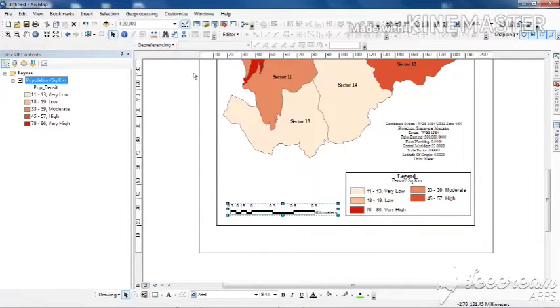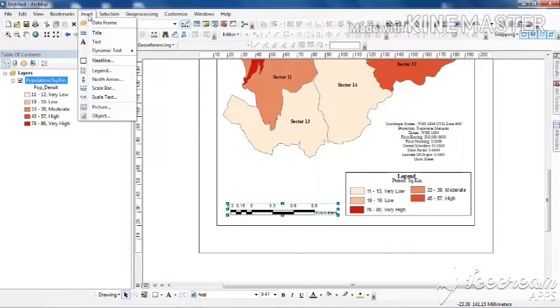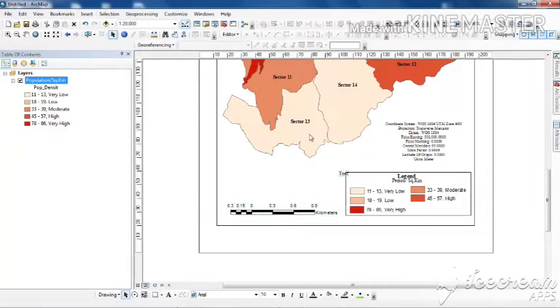Now every map has a source that needs to be specified. So I will have to specify that also. What I will have to do is add a text and add the source. I will write the source over here.